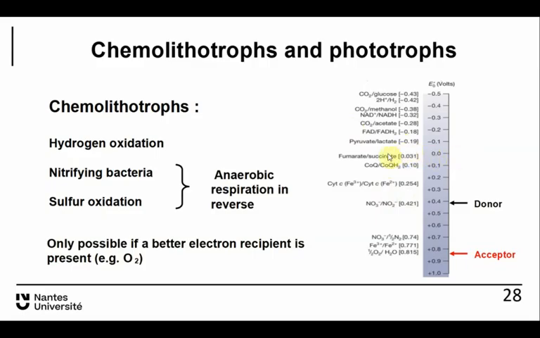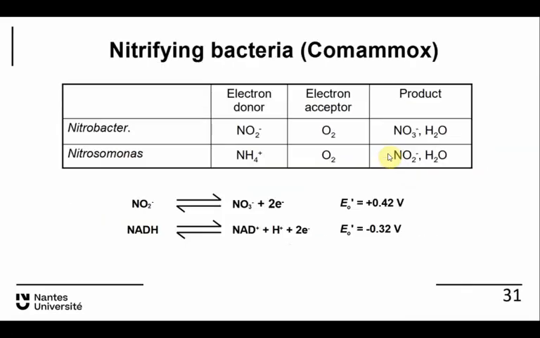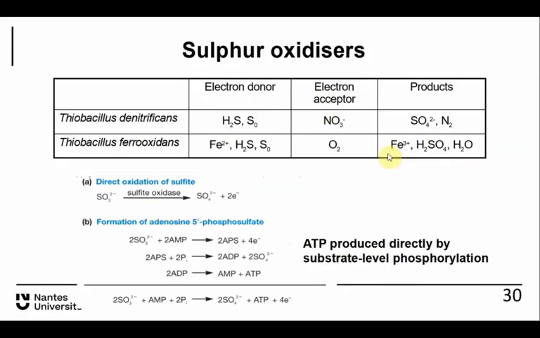So hydrogen sulfide is a better electron donor than nitrite, for example. Okay, so in physical chemical terms it works, but sulfur oxidizers also have a biochemical trick to generate ATP, which is that